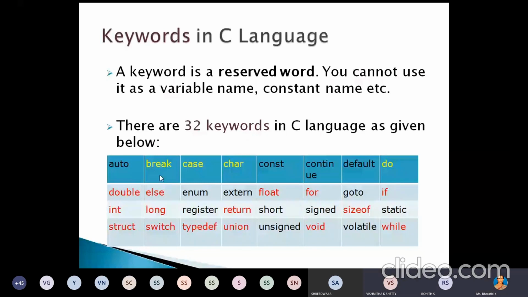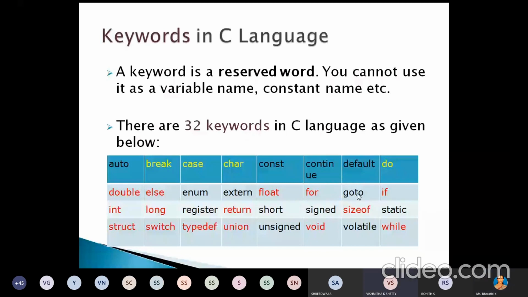You know about the switch statement, right? In switch, the break statement is used. Again, if you have some looping block, in that you can use break and continue statements. To stop the iteration, you can use the break statement. To continue to the next iteration, you can use the continue statement. Any doubt?